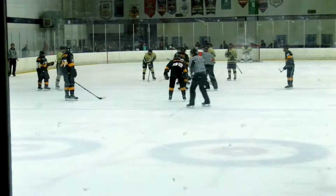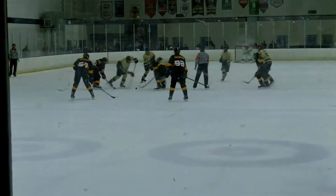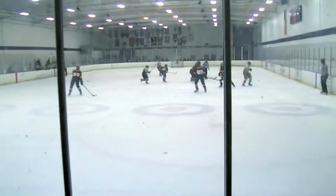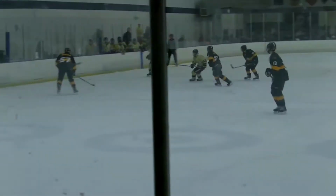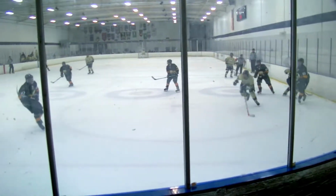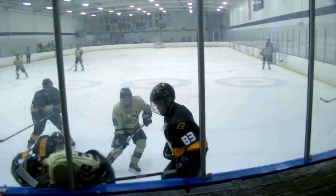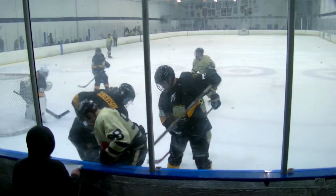Third unit on the ice are between Jimmy and Tommy. Drew and Jake on D. Off the face-off, the Bears control. Tommy has it, sends it up the left boards to no one, and the puck is sent back deep into the Bears zone where Jake picks it up in the corner. He chips it off the boards, but it's picked off by the GSE forward, who brings it deep. Drew Robertson is hitting the corner, and Jake and Drew are digging with the GSE players to get the puck